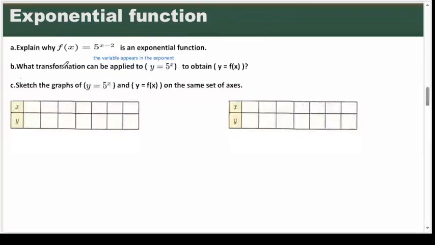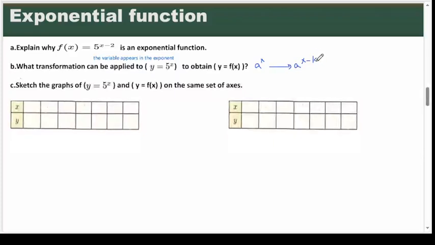Part B asks what transformation can be applied to y equals 5 to the power of x to obtain y equals f of x. That means y equals 5 to the power of x minus 2. If I have a to the power of x, then I can translate this function to the left side or right side. It depends on the k that is added to this exponential function, x minus k. I keep this minus and say if k is larger than 0, move k units to the right side,